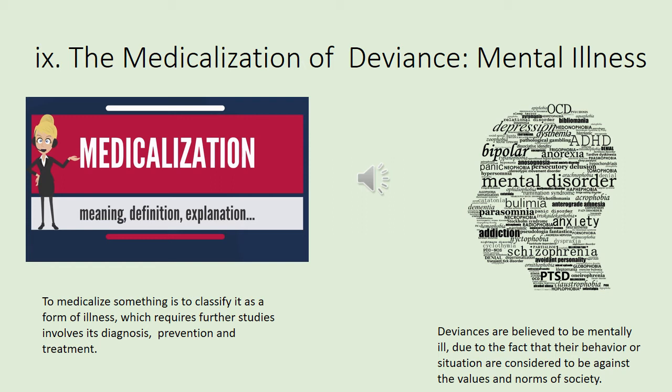This is true in some aspects because there are deviances whose actions are unacceptable, such as deviances who show external mental illness symptoms, such as ones who commit crimes such as rape, cheating, murder, stealing, and others. They are considered to be mentally ill and need to be medicalized and prevented so that no other people will have to go through this mental illness and harm others like they did. That is true, but there are deviances whose